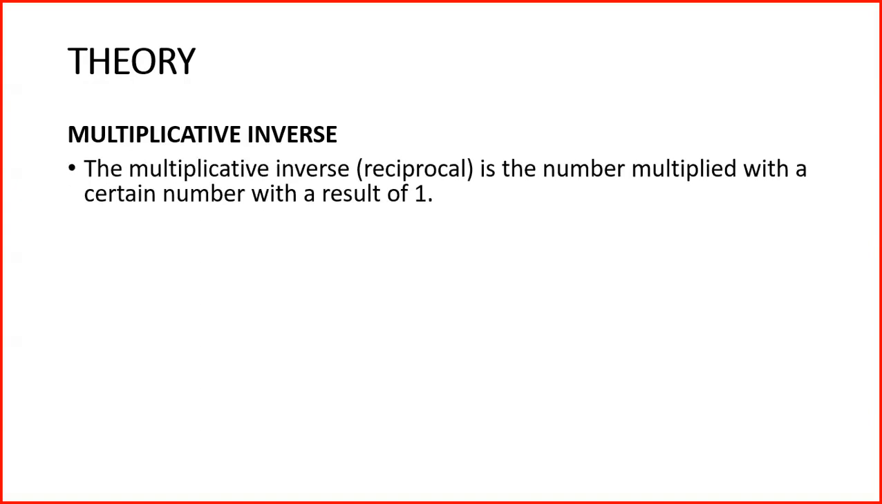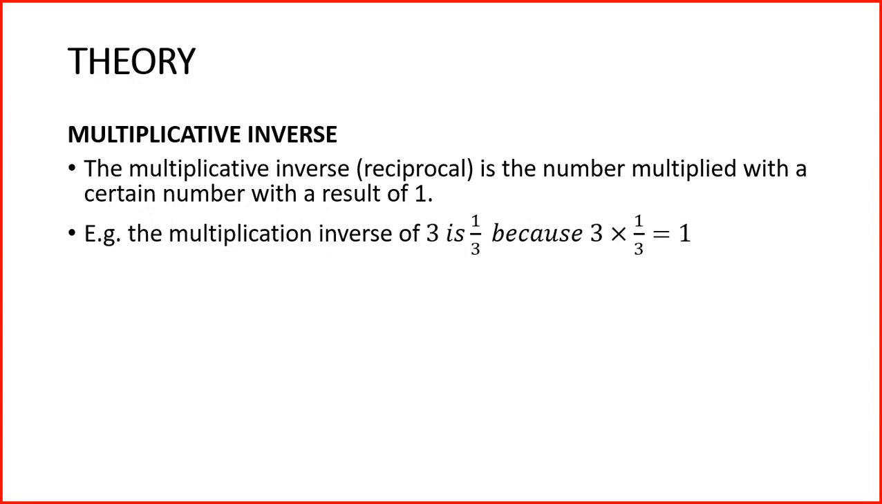Let's go back and start with multiplicative inverse. The multiplicative inverse is a number multiplied with a certain number that will result in you having 1. For instance, what can I multiply with 3 for me to get 1? I will need to multiply it with its inverse, which will be 1 over 3. So from this, we can conclude that the